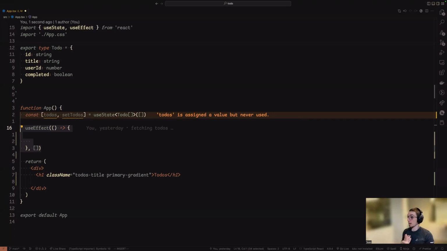That's one thing we can do, and that's really good, because what we really want to do right now is fetch some data from an API the moment that this component mounts. And then the second